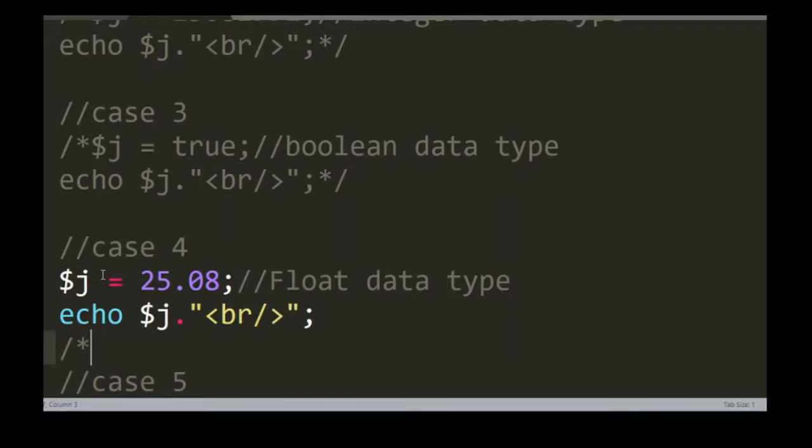Like in my case I am going to store 25.08 inside the variable. Now I am going to execute this one.